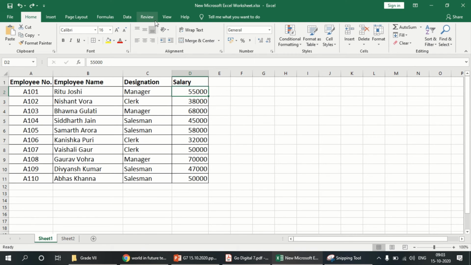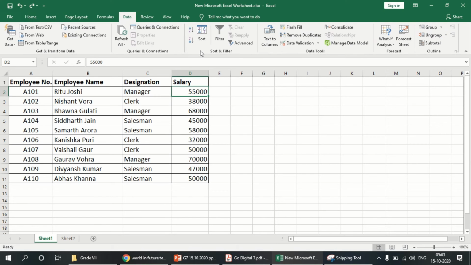And in one more place you can see it, that is the Data tab. Click the Data tab and under the Sort and Filter group you can find this Sort option. So smallest to largest or largest to smallest. Why does it show largest to smallest and smallest to largest, you know? Because I have selected this cell that contains a number.